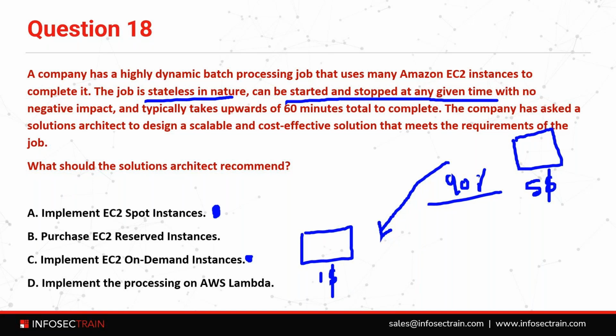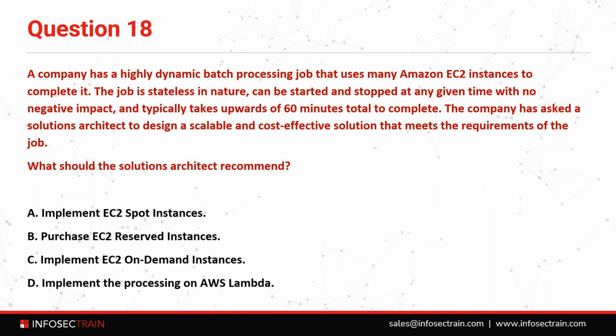Reserved instance means that you're making a commitment to AWS, stating that you will be using the server for the entire year. Once you make that commitment, inside the reserved instance you also have different subcategories. Suppose, for example, AWS says to you that if the server is a T2 micro,